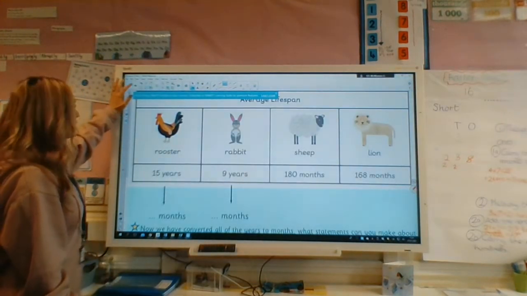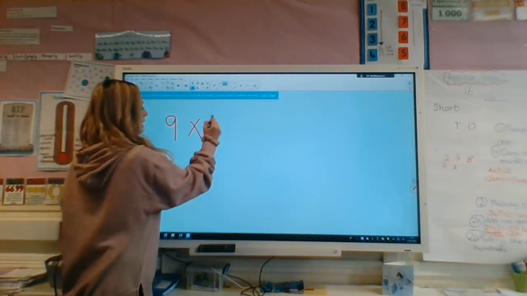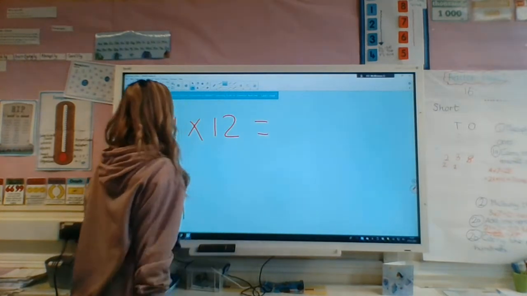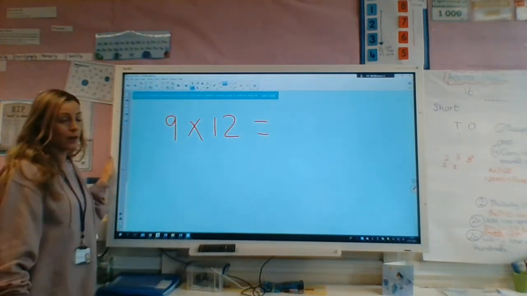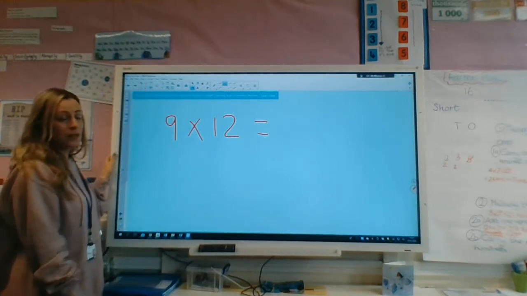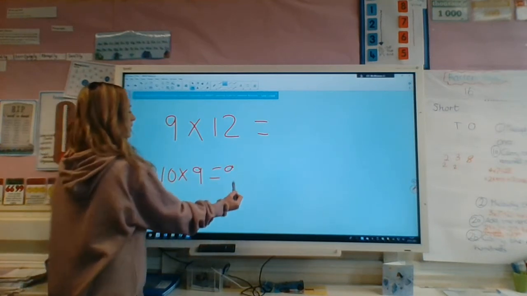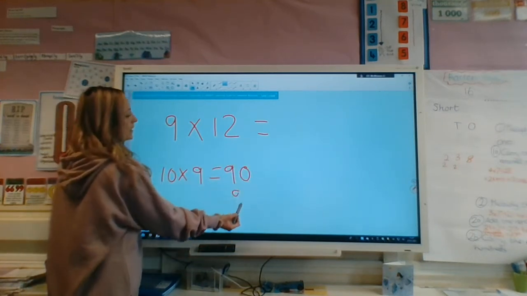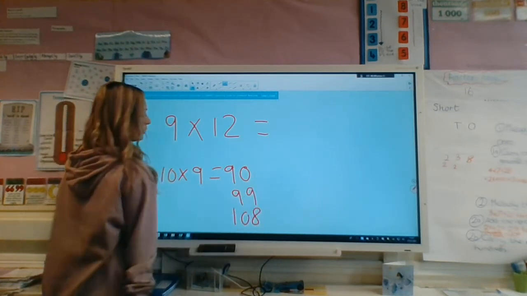The rabbit is 9 years old, so how many months is that? So you need to do 9 times 12. Again, if you don't know 9 times 12, you can do 12 times 9, okay? So 12 times 9, so if you don't know that, you could do 10 times 9, which is 90, 11 times 9 is 99, and 12 times 9 is 108